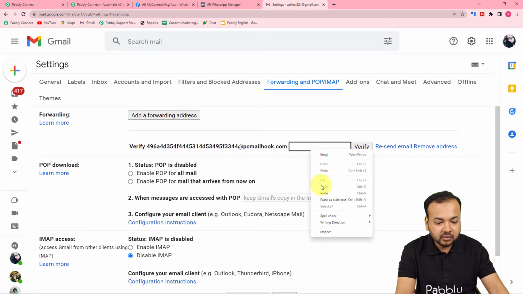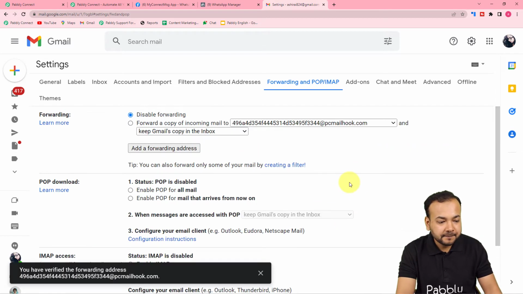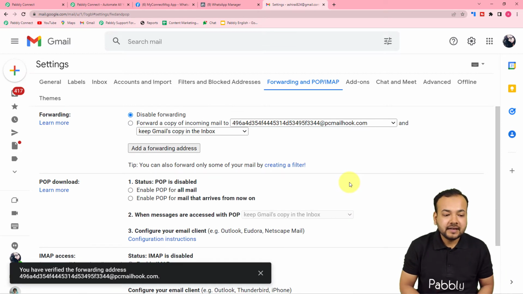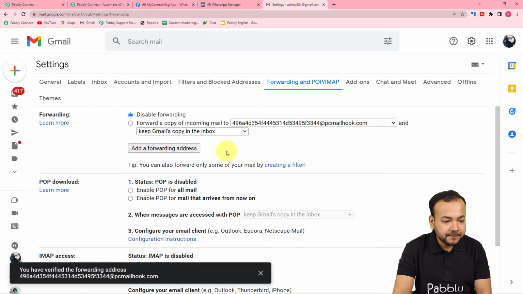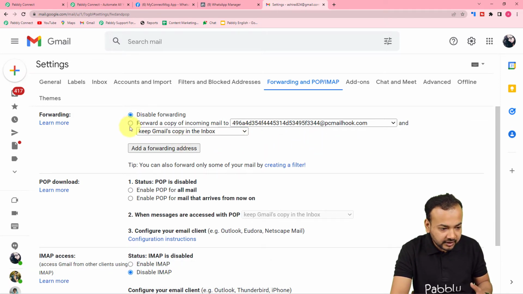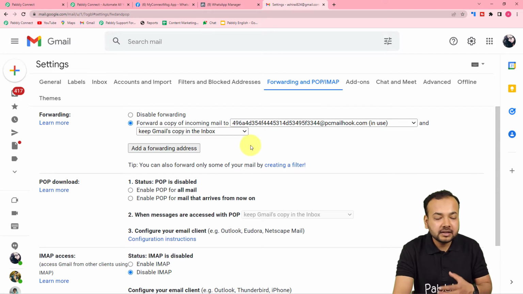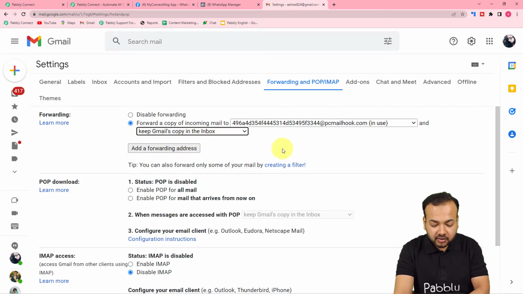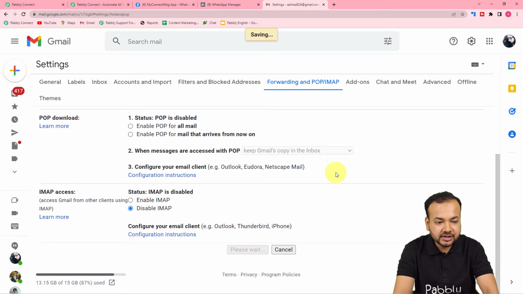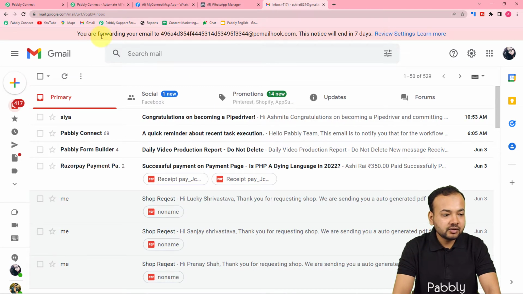Here you have to paste the code like this, then click on verify, and you can see our address is verified, and we have created a forwarding address here. That means here you have to click on this button now, forward a copy of incoming emails to this address. And if you want to keep a copy of that email in your inbox, you can select this option, keep Gmail's copy in the inbox as well. Okay, so that's how you can add a forwarding address inside your Gmail inbox. Now scroll down and click on save changes,